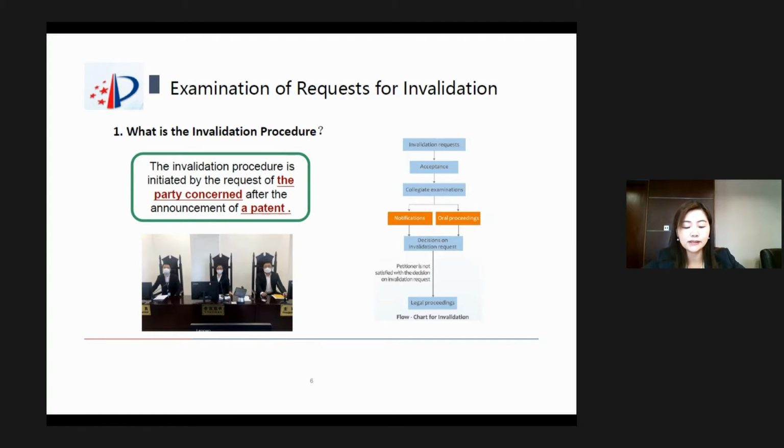The panel comprises 3 examiners as panel members, sometimes 5 for important cases. It usually organizes an oral hearing after the acceptance of the request filed by the petitioner. The panel's decision will be issued after the oral hearing. If the decision is unsatisfactory, both the petitioner and patentee may file an administrative litigation with the Beijing IP Court.